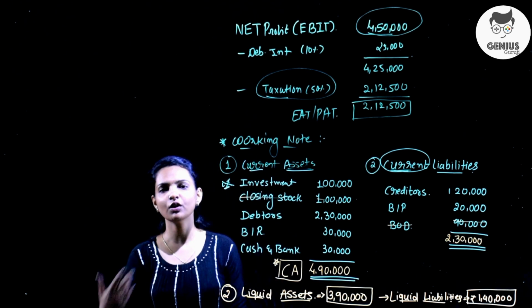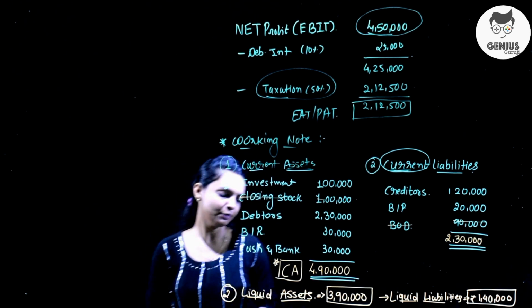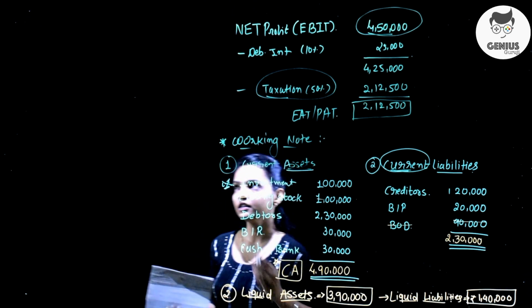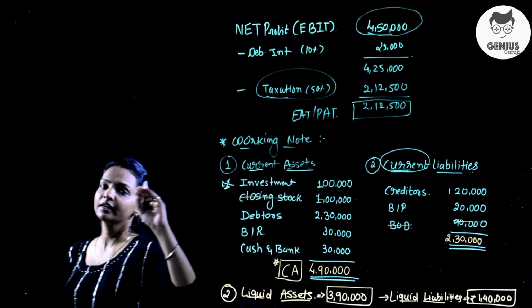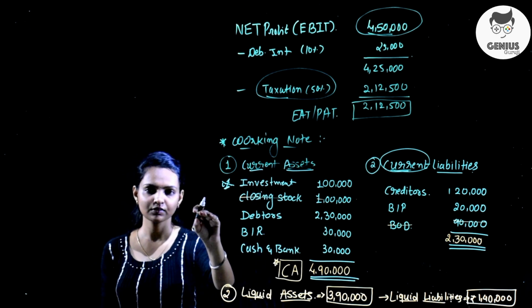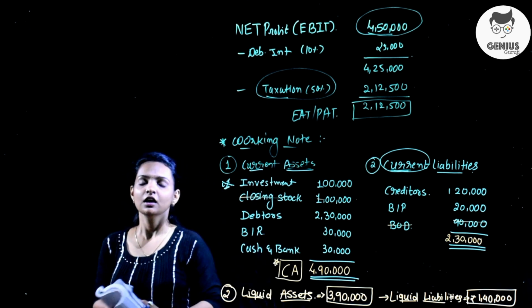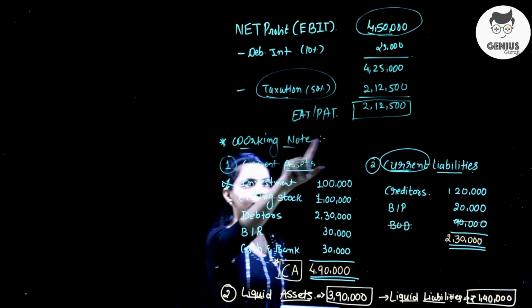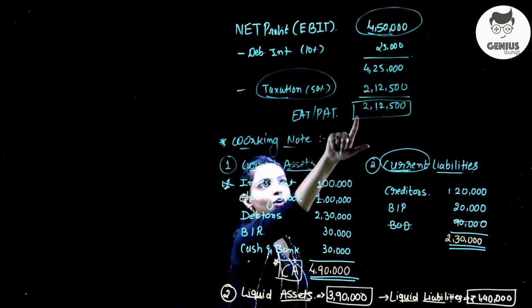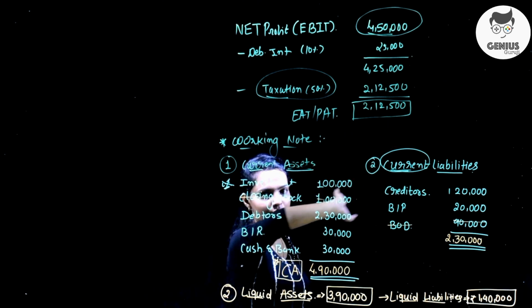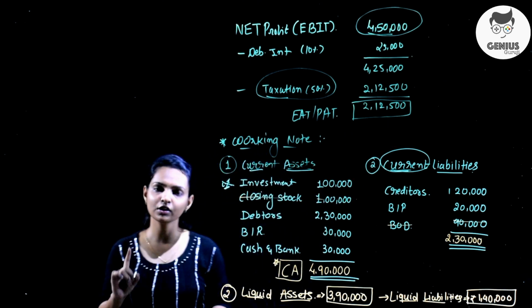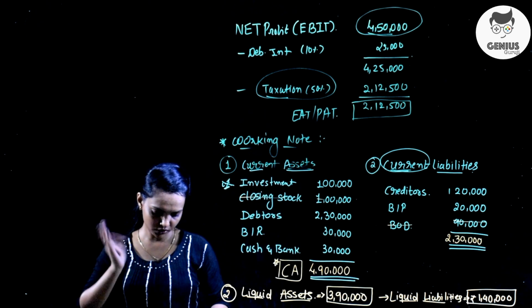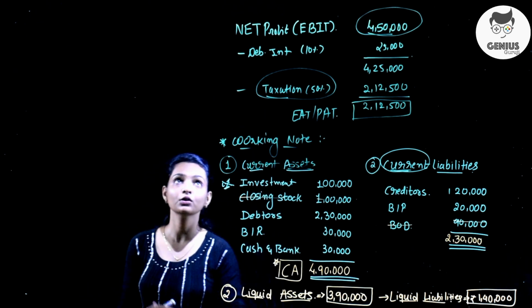Now we are moving on to the third ratio, net profit ratio. The formula of net profit ratio is net profit divided by sales into 100. Okay, the formula is easy but don't make mistakes. Which profit you have to consider over here? 2,12,500. Okay, so no working notes are required. Now move on to the fourth number, stock turnover.